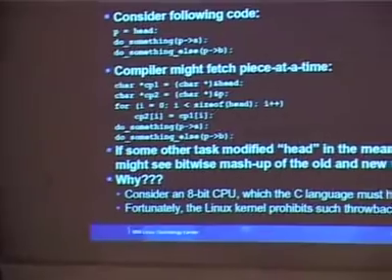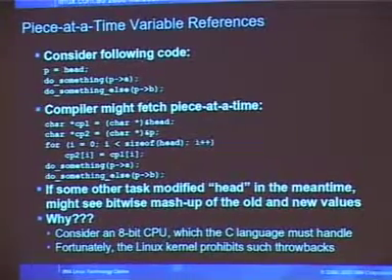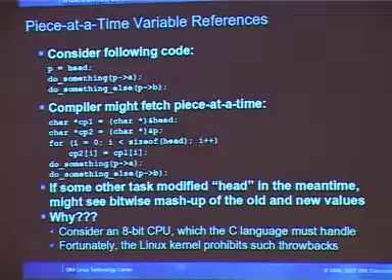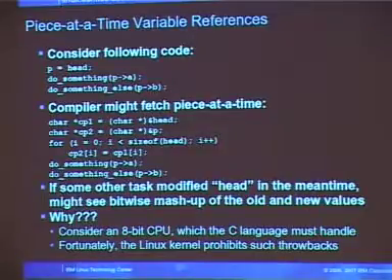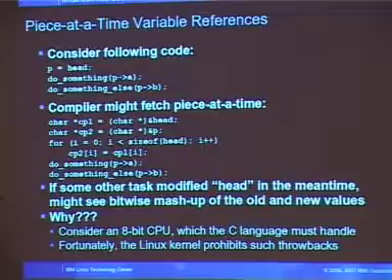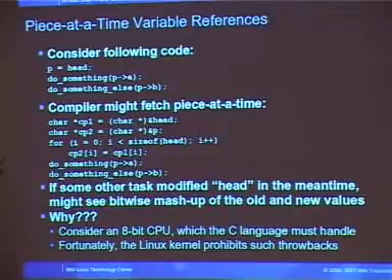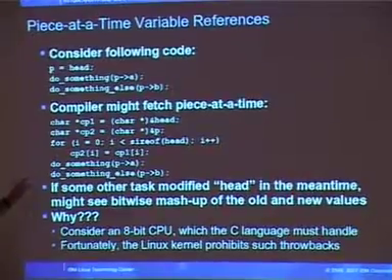So we have that same piece of code again. We pick up a pointer, we grab one field, we grab another field, dereferencing off of it in both cases. The compiler is totally within its rights to do this right here, strange though it may seem. It could have a little for loop and grab that pointer a byte at a time. There's nothing in the standard preventing that. Of course, if some other task modifies head in the meantime, it could be painful. There are machines, however, where it is impossible to do the code that way, where you have no choice but to do this. Imagine an 8-bit machine with 16-bit pointers.